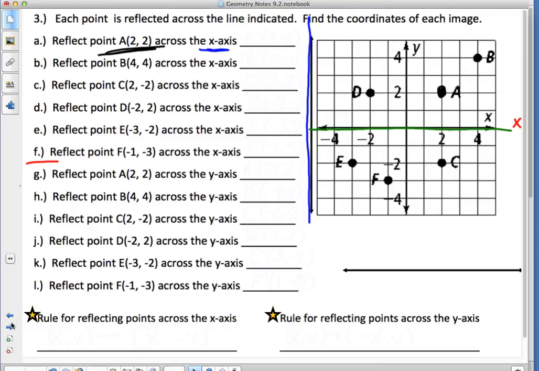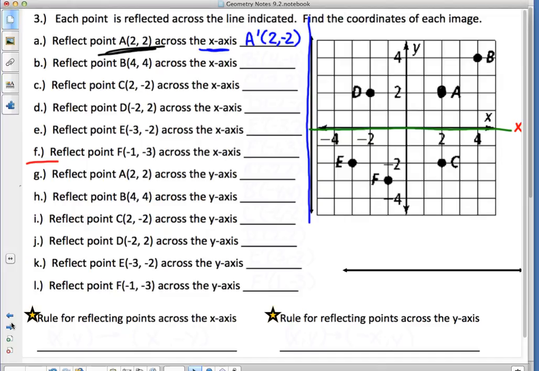If I'm going to reflect A in the x-axis, it's 2 points away, right? I should reflect it 2 points away. So my A actually becomes A prime, which is 2, -2. I'm going to use the prime notation for this problem, by the way, because I do not have coordinating letters all the way across this grid to represent the reflected images. So I'll use prime notation,